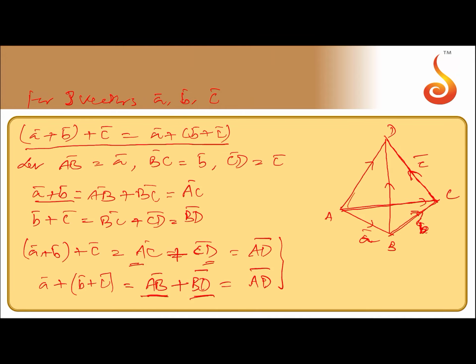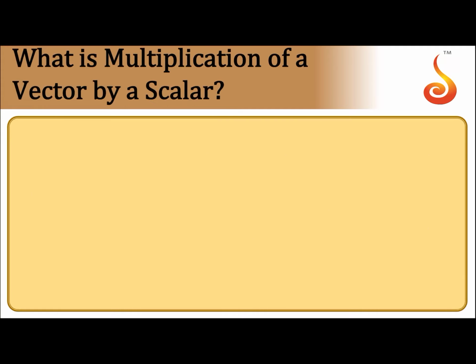In either case it is AD, therefore the left hand sides are equal, and therefore I say that A bar plus B bar and then adding C is the same as A plus of B plus C. This is the associative law. Any doubt about this? I hope it's simple, very easy also. Carefully put it on paper and revise once again, and you would understand the directions very carefully. You just check and you get the answer for this one. It's very simple. Let's proceed to the next.